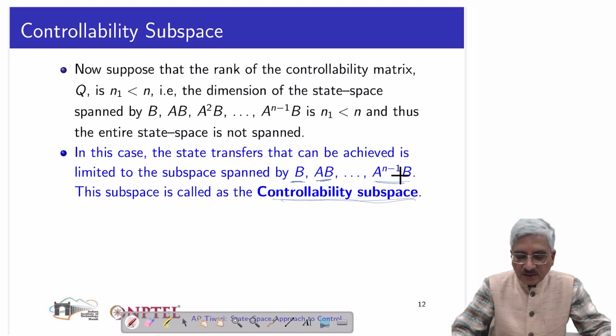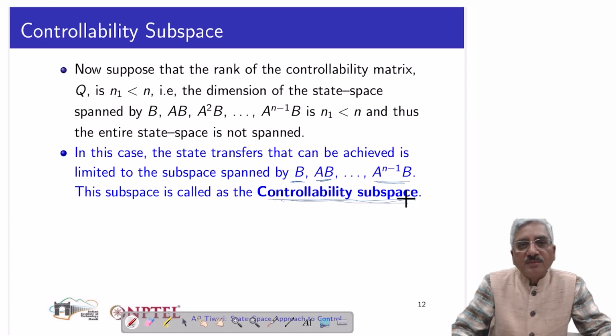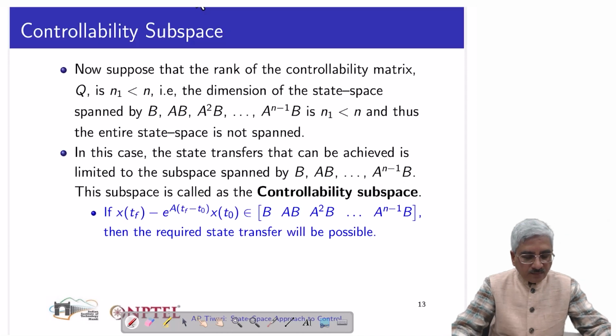And if this subspace covers the entire state space, then the system is controllable, or the dimension of the controllability subspace has to be the same as the dimension of the state space, then the system will be controllable. But if its dimension is less,